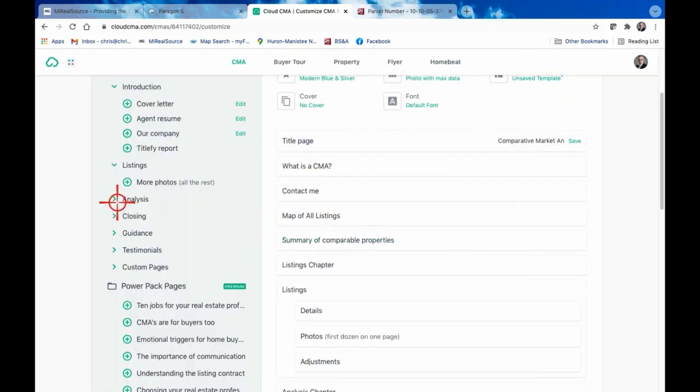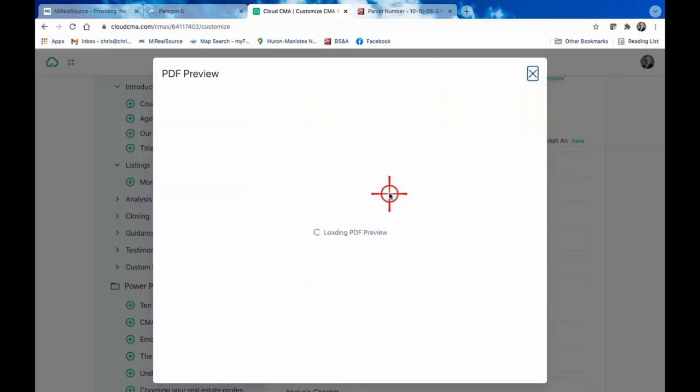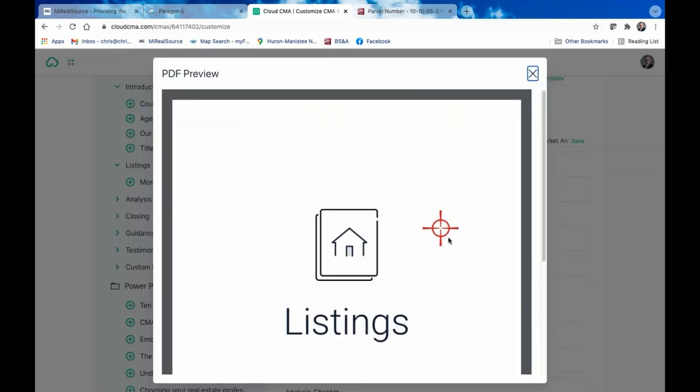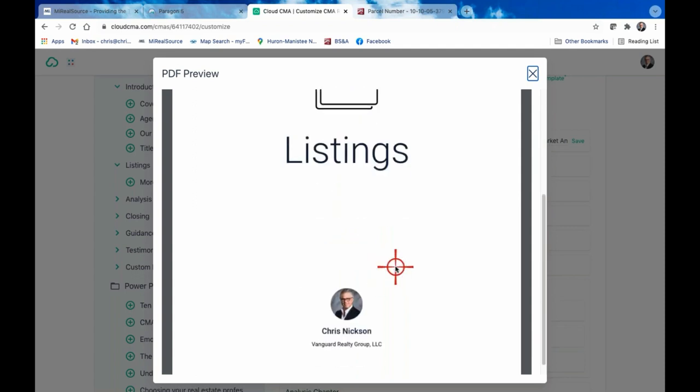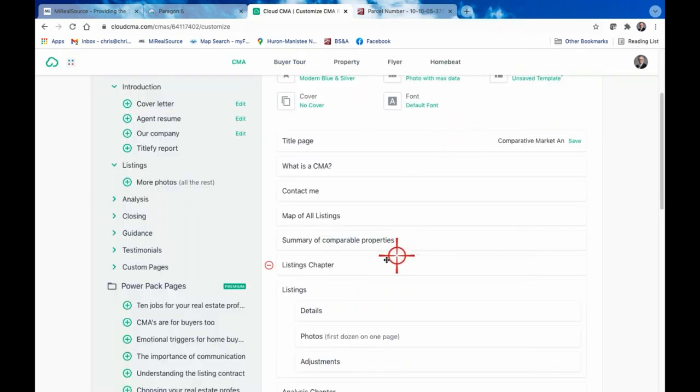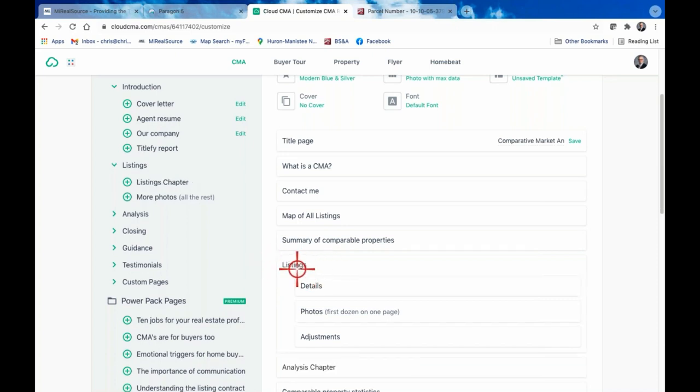Within this section, right here, we have what they call the listing chapter. This is where you're going to get into all the listings. Now, if you like each one being with a title page before that section called listings, you can leave this in. I don't like it. It becomes extra pages. I don't want it in there because my pages aren't tabbed, so it kind of is meaningless unless you're leafing through it, fingering through it. So I get rid of these. It just goes into listings. And under listings, you have the details